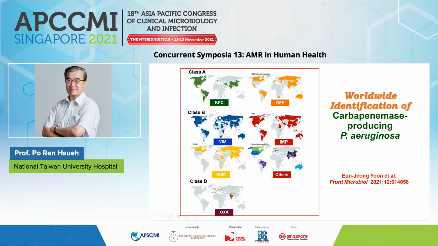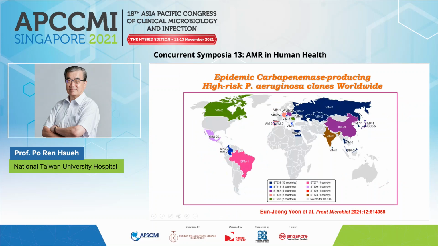So you can see the different continents, regions, and countries have different problems with carbapenemases in Pseudomonas aeruginosa, with different types of carbapenemase. Recently we identified so-called high-risk Pseudomonas aeruginosa clones worldwide. So you can see, particularly in our region, we have IMP-9 with ST357,